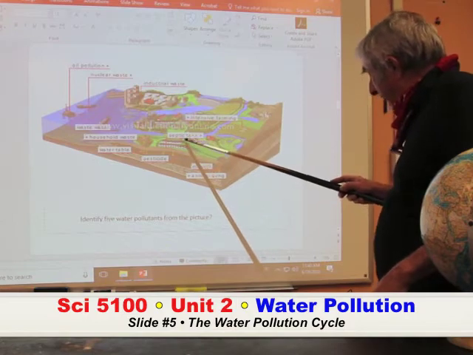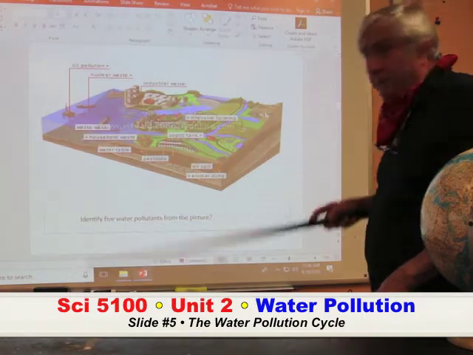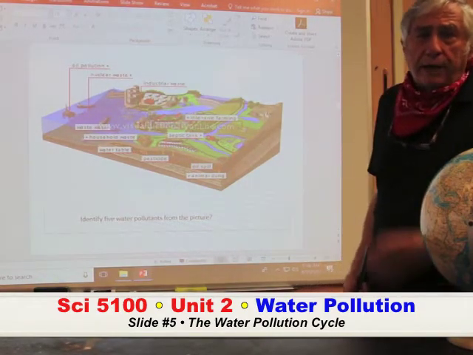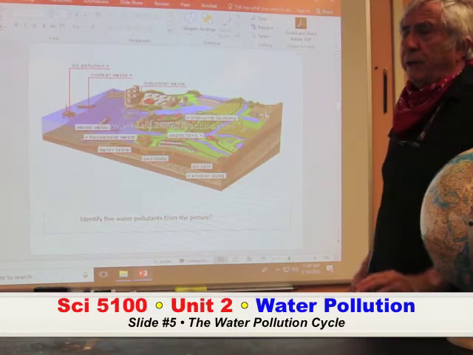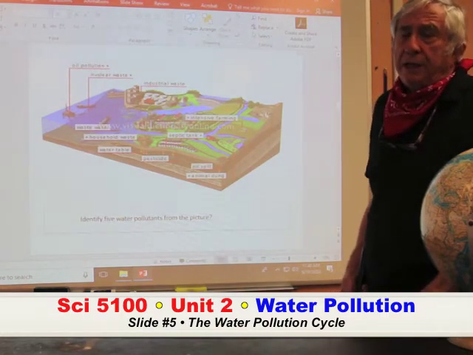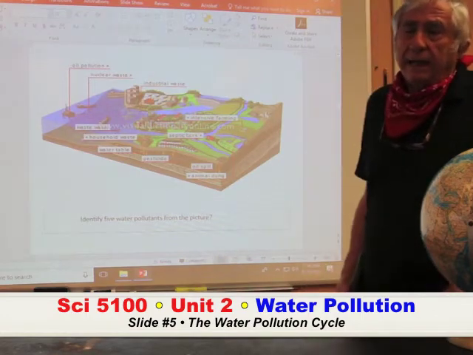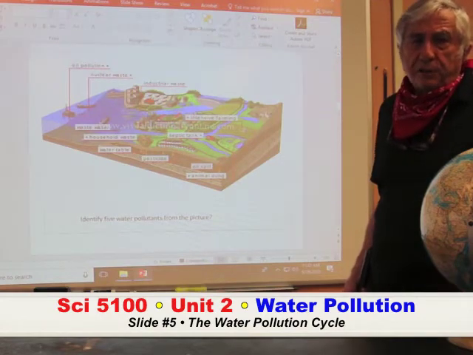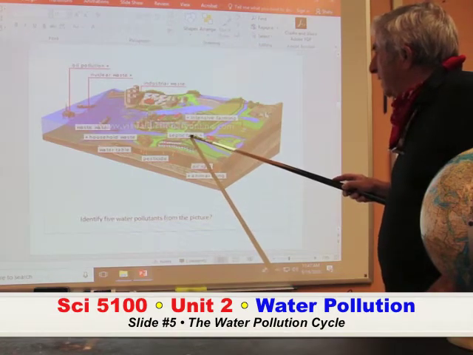Here we have septic tanks out in the country. If you live out in the country, there's no sewage treatment system. So when you flush the toilet, it goes down into a hole in the ground, which really is a container which accumulates the wastes, and the wastes are acted upon by bacteria. If it's a healthy septic tank, not too old, it'll do the job of what the soil normally does, which is to break down the waste. So you have these septic tanks. But if they're not repaired, if they're not upgraded,